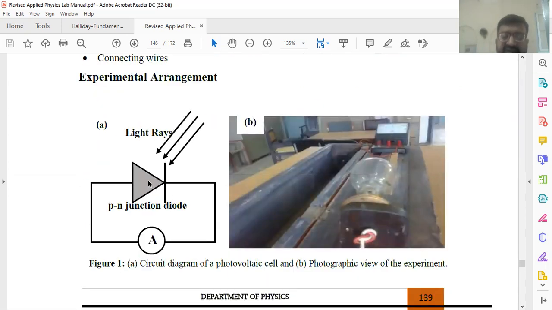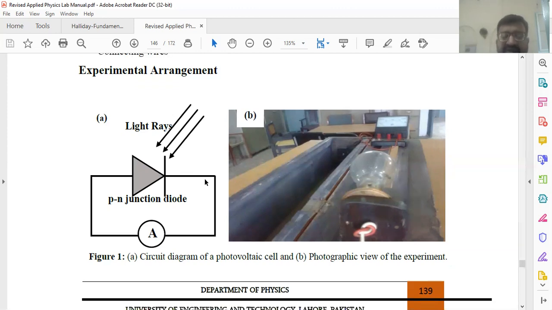You can see a schematic diagram here, which shows the PN junction diode. When light radiation falls on the junction, it produces current, which can be measured by an ammeter, or we can connect a light source or bulb here, which will glow as a result of this radiation. Here no battery is involved in the PN junction, and we are getting current without any artificial power source. So that is why this current is known as the photoelectric current.